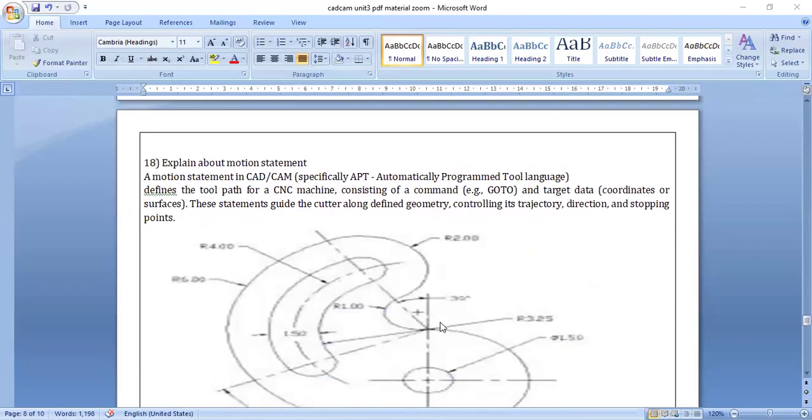Explain about motion statements. What do we mean by motion statements? A motion statement in CAD/CAM, specifically APT, the Automatically Programmed Tool language, defines the tool path for the CNC machines, which consists of commands. The GOTO command means the tool will go to the target data, it will target the coordinates and surfaces. These statements guide the cutter along the defined geometry, controlling its trajectory,